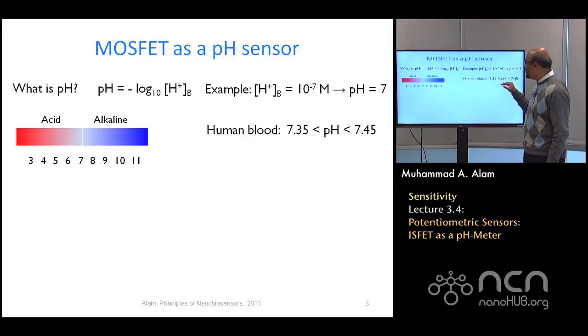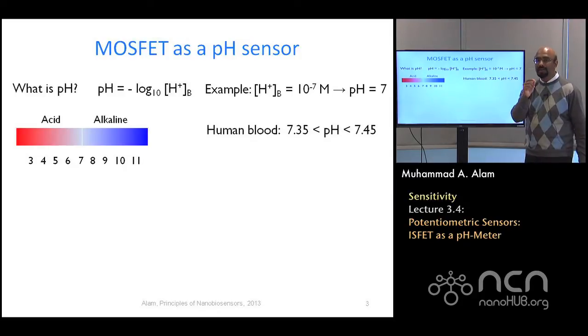In case of a human being, the pH is controlled within 0.1. And so in that case, a little change in the pH beyond this limit can be very dangerous to our health. So measuring pH, which is essentially the measure of the amount of hydrogen atoms, the protons that we have in the solution, is an extremely important problem.